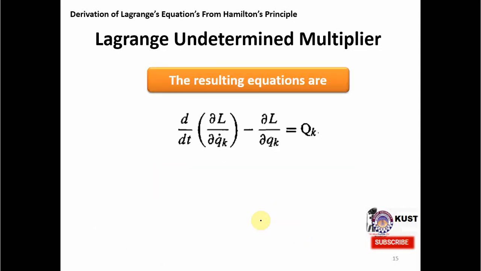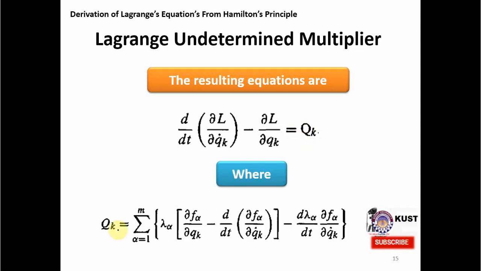So the resulting equations will be of this type, where you can see now we have these generalized forces over here. These generalized forces would mean the forces coming from the constraints as well, because we know that these constraints sometimes generate some types of forces inside the system, and now these forces are included here. So this is the most general form for the Q_k, and you can see that the lambdas are here, and these lambdas actually generate, or parameterize, the forces of constraints.